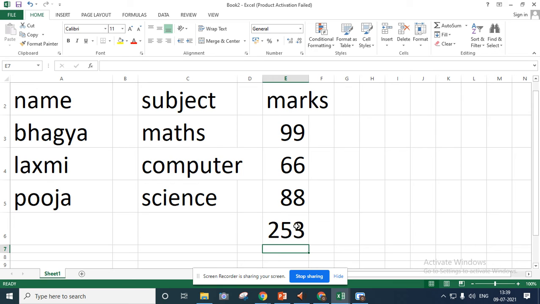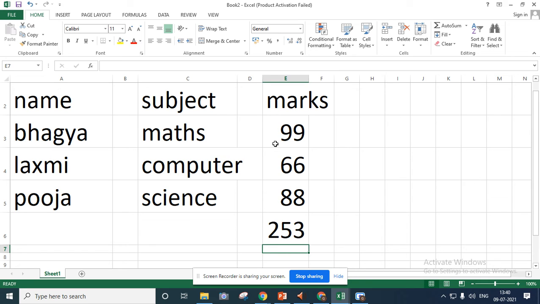If you have Microsoft Excel 2007 also, no problem. You can do this calculation in 2007 also. It is not that we have to use only Microsoft Excel 2013. Yes, you can work on your mobile also. Download Excel and you can do these calculations on your mobile if you don't have a computer. Is that clear?